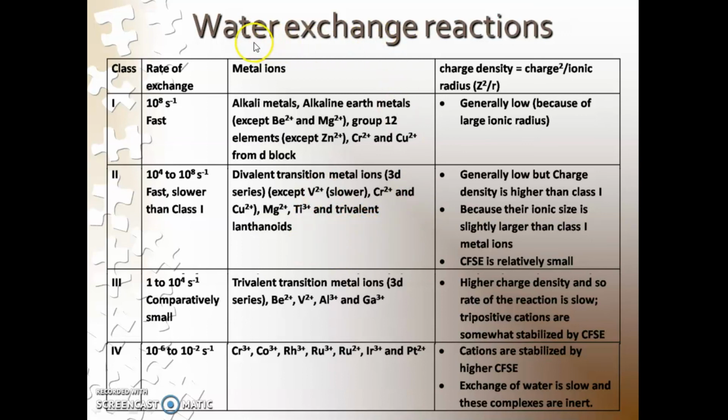So now we have to understand that this is the water exchange reaction, and we cannot solely decide on the CFSE values, because there are some metal ions which will not have the d orbitals at all. So CFSE cannot be applied to those metal ions. So for those metal ions, we have to decide based on the charge density, and when it comes to D block elements, then we have to apply the CFSE values. Then incorporate it in the trend, and then we have to find the option that is right. So that is how we have to approach the water exchange reactions problem.